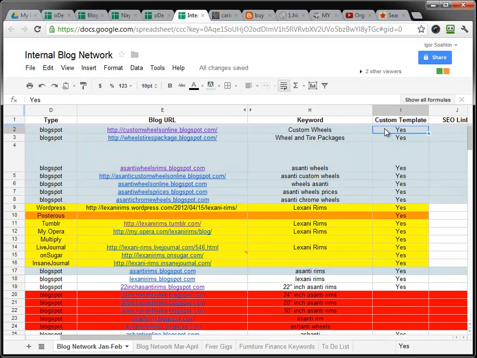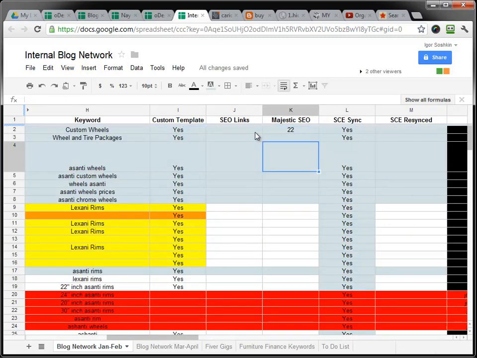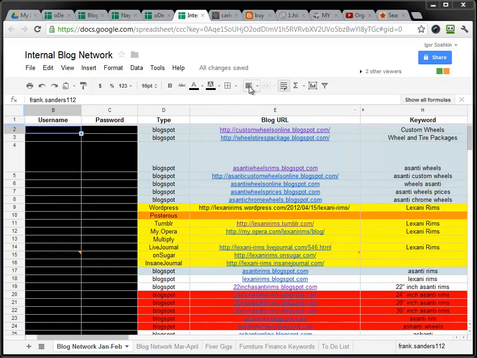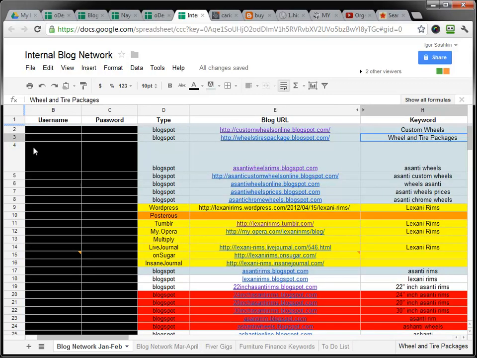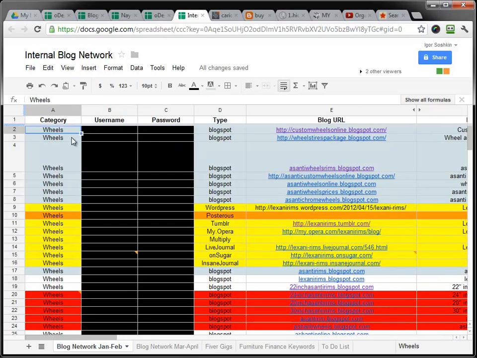And then I put here: was the template created, how many SEO links were done, what's with Majestic, was it synced with Shopping Cart Leads, so the products are getting synchronized into it. Based on this, once this is created, you still need to create a username and password to log in to this blog, which means you might have to create a Gmail account, or a Hotmail